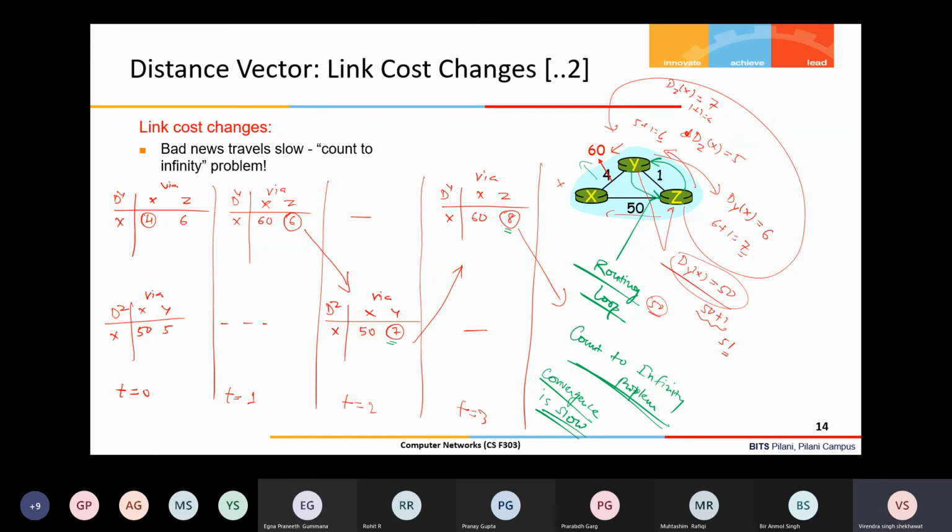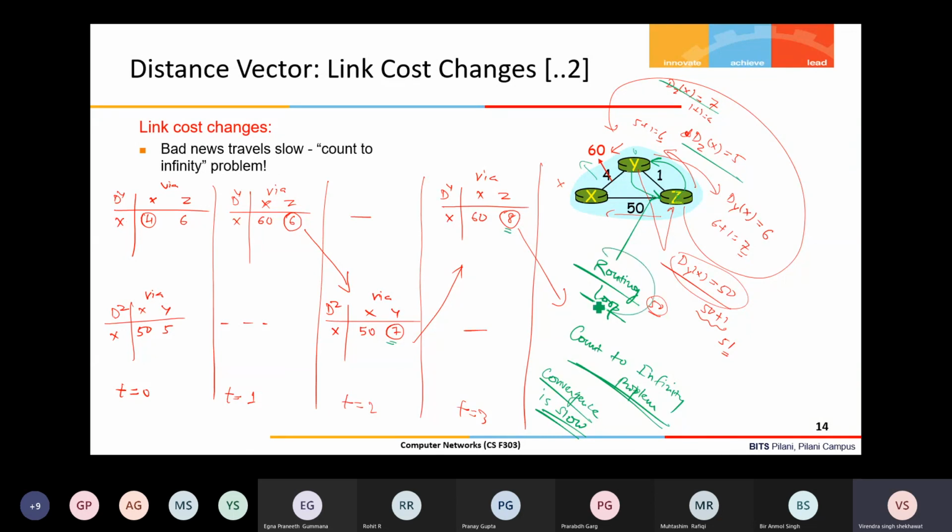This information is not exchanged in the distance vector; they simply exchange the costs, okay, 5, 7, but not via which node. If Z knew that Y is dependent on it for X, and Y knew that Z is dependent on it for destination X, then this could have been avoided. But this information is not passed to each other in the distance vector. That's why this problem is there.